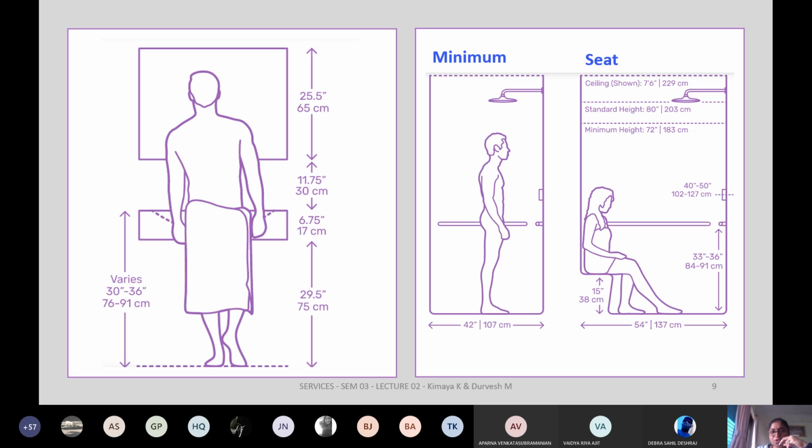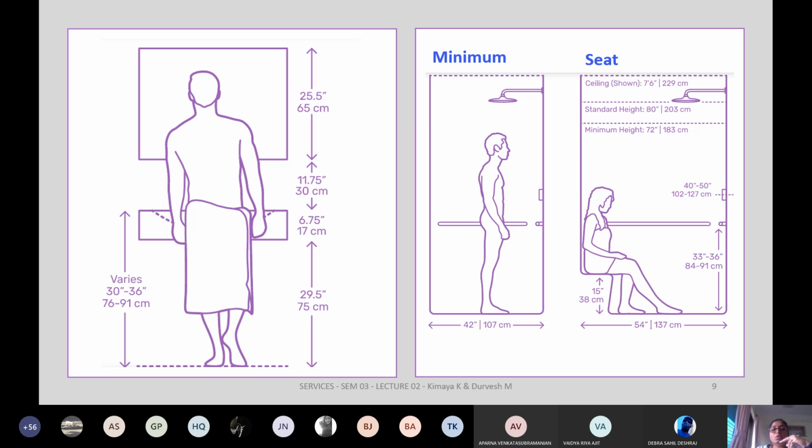Ergonomics becomes very important when you're doing your toilet design. So it has to be very easy for a person to access your wash basins. For example, the mirror. Most of the time when you're designing and you want to place the mirror, the height of the mirror has to be perfectly matched. Now you can't do it individually for individual people. So what you do is you look at the standards. The standards say that the finish level of your wash basin can be between 760 to 910 mm, or 76 to 91 centimeters.